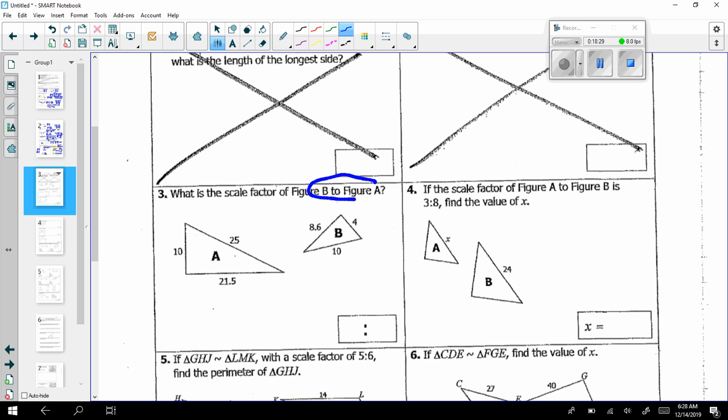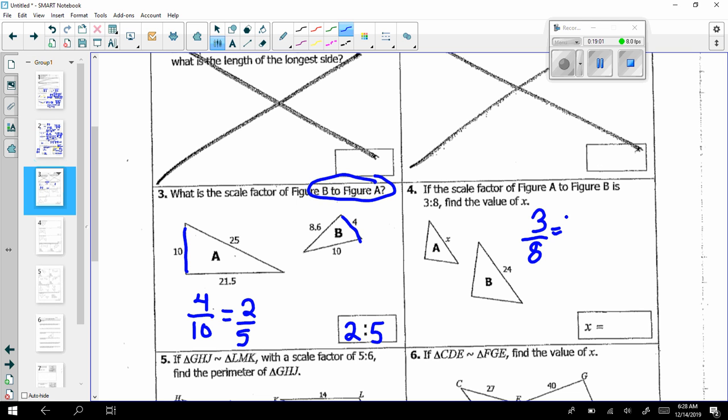So this is figure B to figure A. So remember, I'm going to just choose the easiest side. This is the smallest side on this triangle, so I find the small side of this triangle. And B is the smaller triangle, so I'm going to do 4/10, and that reduces to 2/5. When I do that, that's on the left of the colon. Okay, so the scale factor of A to B is